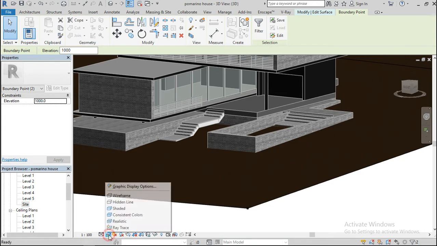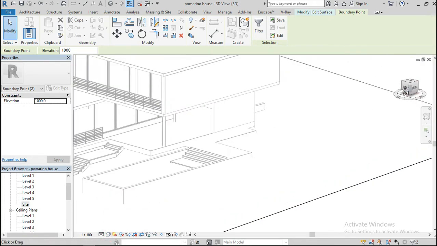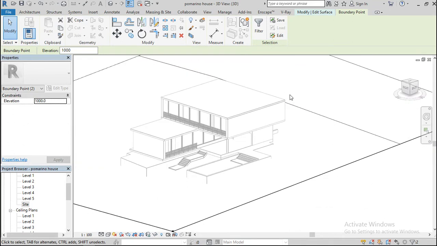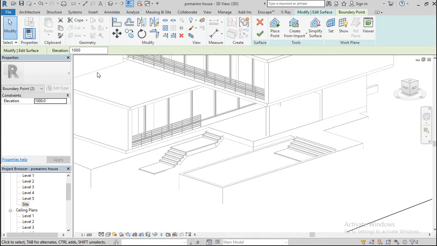Go to hidden lines. I kind of prefer working on hidden lines, and now create more points. You're going to change the points. You're going to put elevation on each and every point minus, let's say, 1000. 1, 2, 3. Okay,